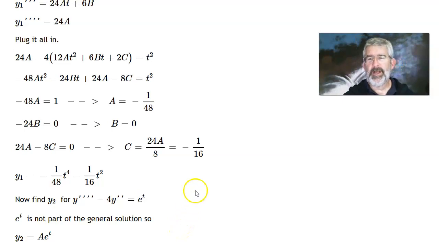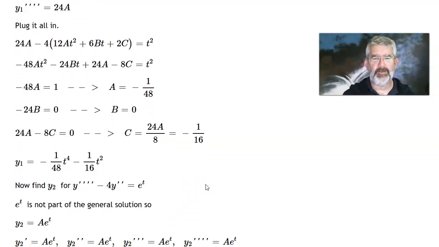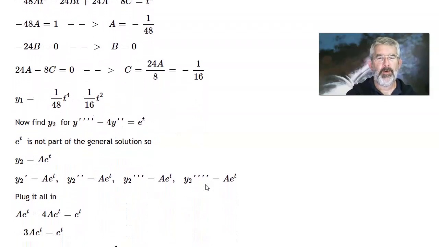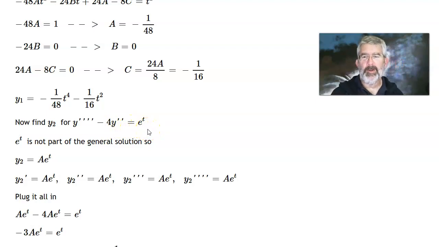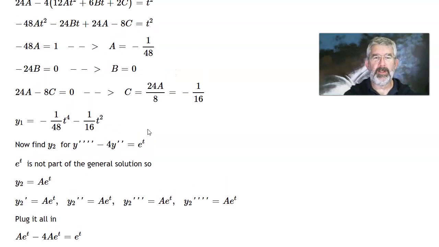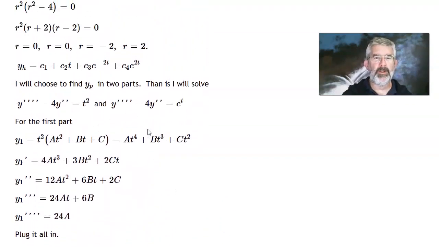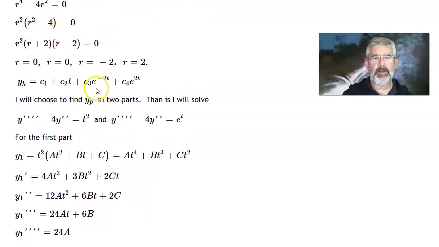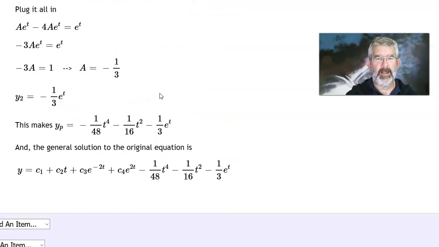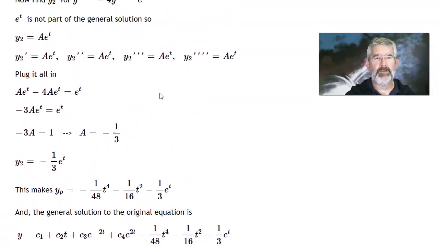Now, we want to find the other part of the particular solution. That is, we want to find the part where the left-hand side of that differential equation equals the e to the t. Okay. Now, one thing I have to be careful of, so I'm double checking, is that e to the t was not part of the homogeneous solution. Coming all the way back up here, right, the homogeneous had a couple of exponential pieces, but it wasn't an e to the t. It was an e to the negative 2t and e to the positive 2t, but not e to the t. So I'm okay then in guessing for yp,